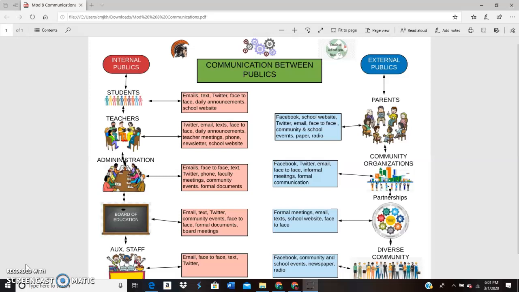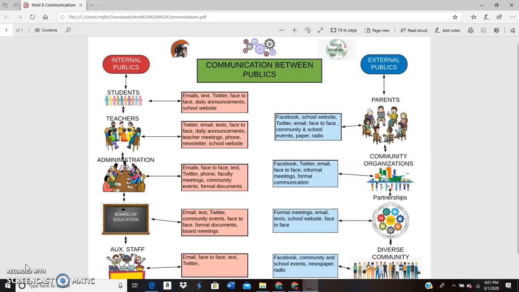I started by using the provided tools and then started going to online sites to download images that connect and reflect on the different publics. This probably took the most time, looking for the images. This is a program I feel I will use on a regular basis because of the simplicity after getting started.